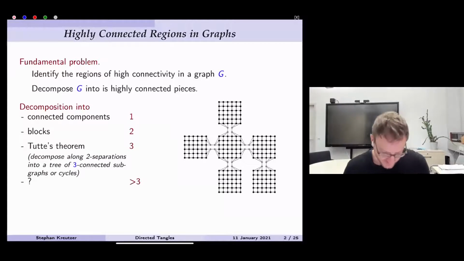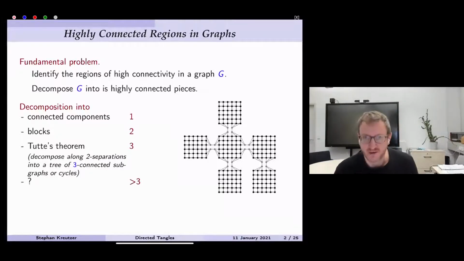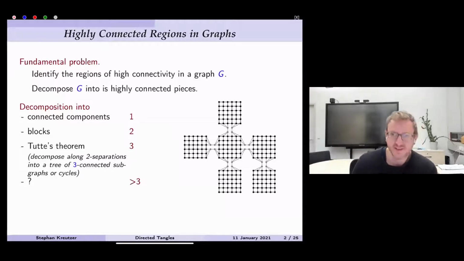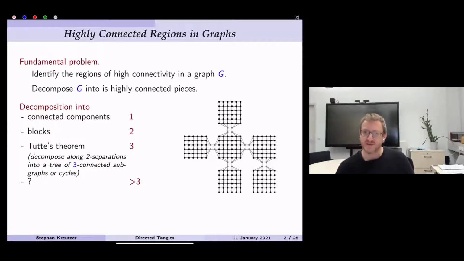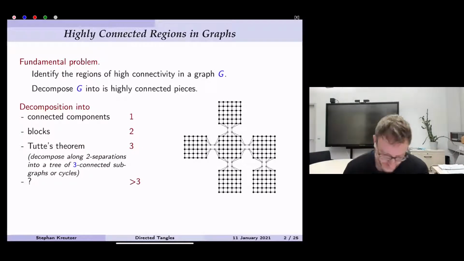Right, and one way of pursuing this is the usual route. You start with a graph, an undirected graph for now in the first few slides, and you look at its connected components. Then you cut at vertices, and you get a block graph, the blocks being two-connected. Then you can pursue further and cut along two-separations, and you get Tutte's decomposition theorem. So you cut along the two-separations to get a tree decomposition into pieces of the graph which are either three-connected or cycles. Then you take your three-connected components and cut along three